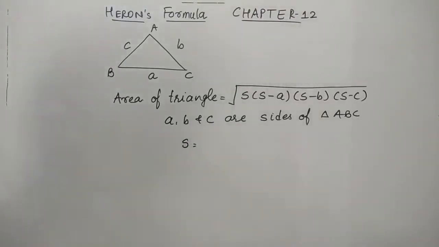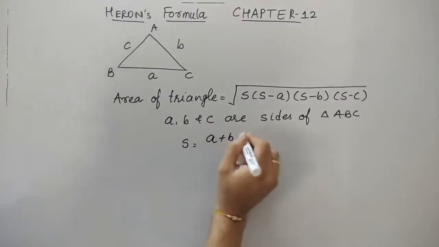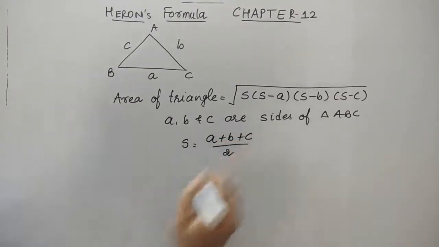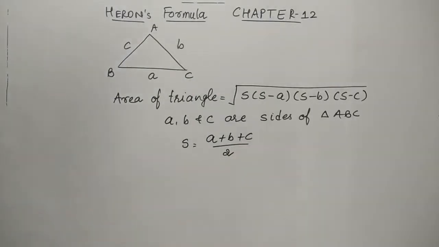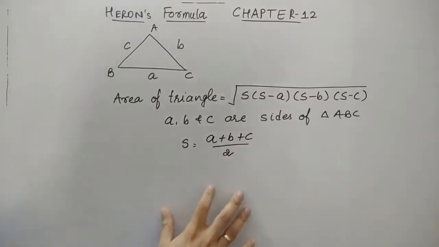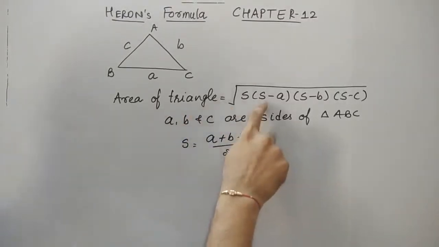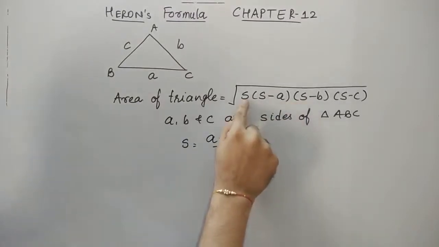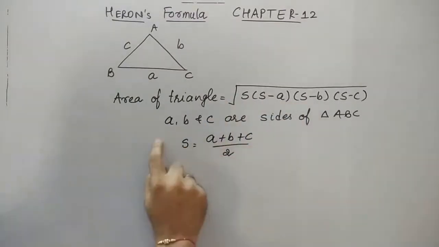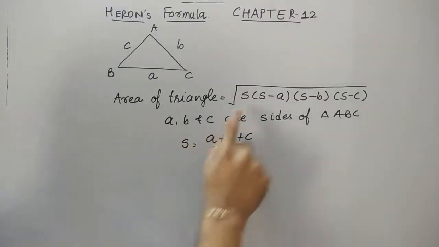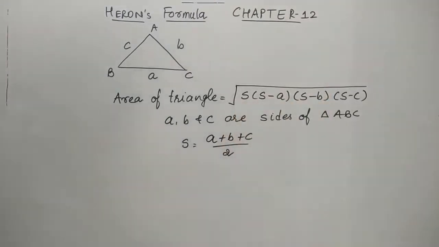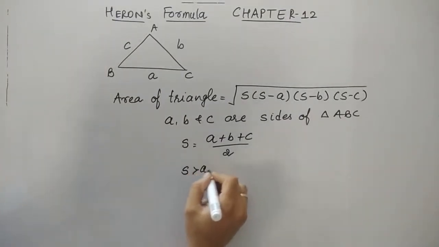Semi-perimeter means half of the perimeter. So S is the sum of all the sides, which is the perimeter, and half of it. So S is the semi-perimeter. So remember students, this is the formula which we are going to use in this whole chapter. To find the area of a triangle we require the semi-perimeter, which we'll find by this method. When all three sides are given, we'll find the semi-perimeter. Then from the semi-perimeter we should always get the area. One thing we will always keep in mind is that the length of the semi-perimeter S is always greater than the values of A, B and C.